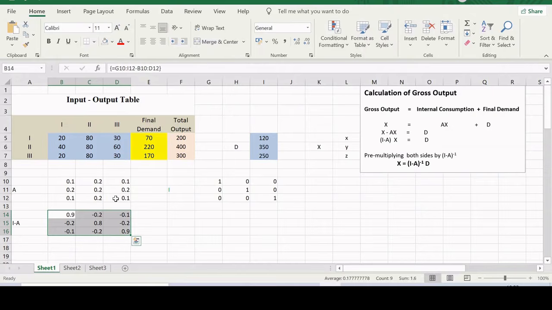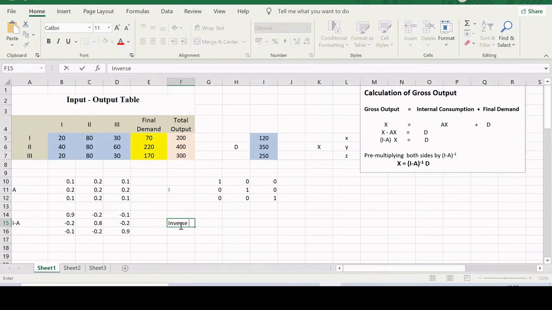Once we press these three keys simultaneously, we'll get the result. So I got the Leontief matrix, and the next step requires the calculation of the inverse of this Leontief matrix. So to calculate the inverse of I minus A,